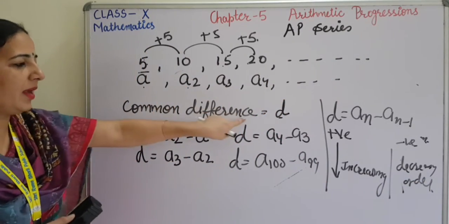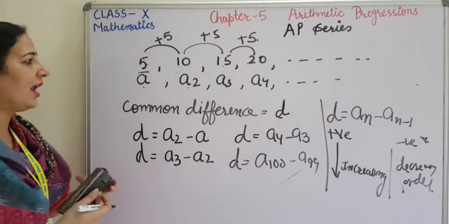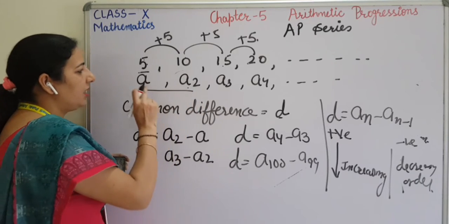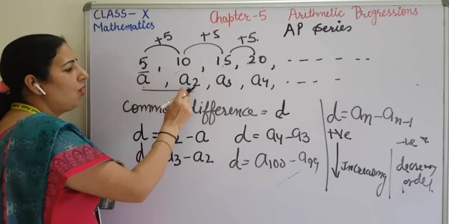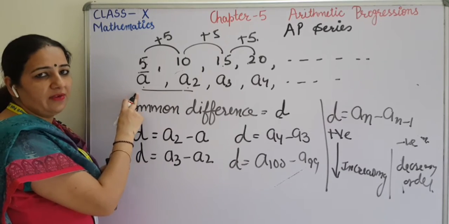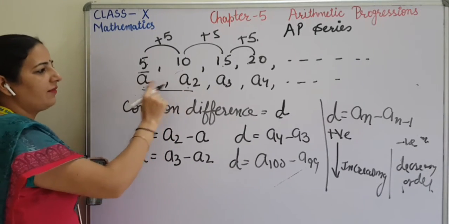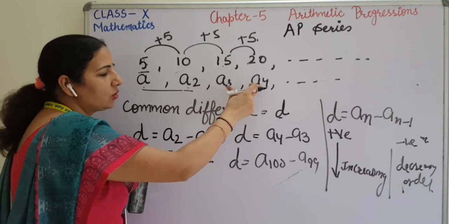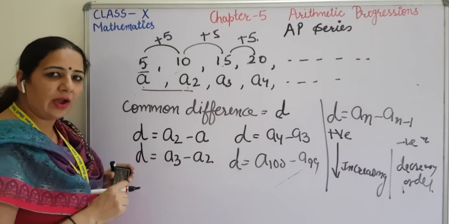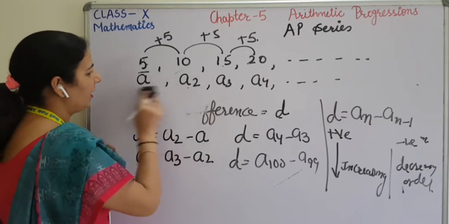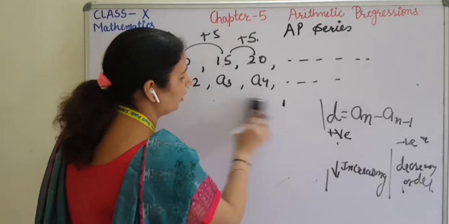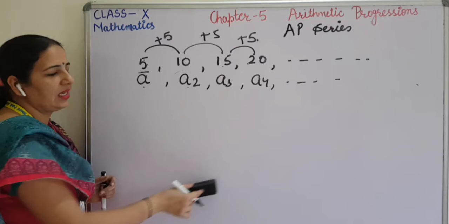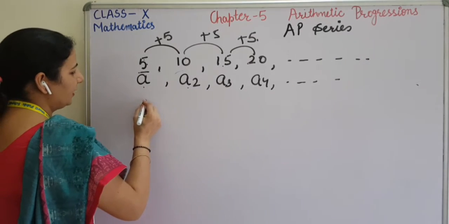Fine. So this all depends on the value of D. What we have learned from here is that D is the common difference, calculated by subtracting these two. Subtracting does not mean you can calculate A1 minus A2; you have to calculate A2 minus A1. If you are taking these two, then A3 minus A2. If you are taking these two, then A4 minus A3. Fine, students. So this is about the common difference. The difference between two consecutive terms is known as the common difference, and the short form for the same is D. After this, what can we write?